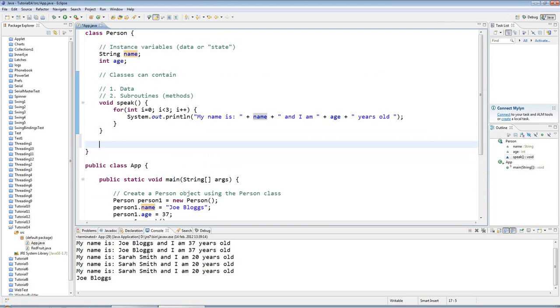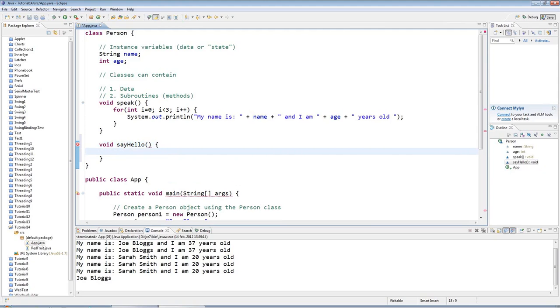And to finish off this tutorial, let's just add another one here. Like I could say, what shall I call it? I don't know. Say hello. So I'll capitalize the first letter of each word after the first one. The first one has a lowercase letter. And then, because this is a new word, I give it a capital H. Round brackets like that, open the curly bracket. Eclipse has actually put in the closing curly bracket for me. And I could say, I don't know, like sys out,